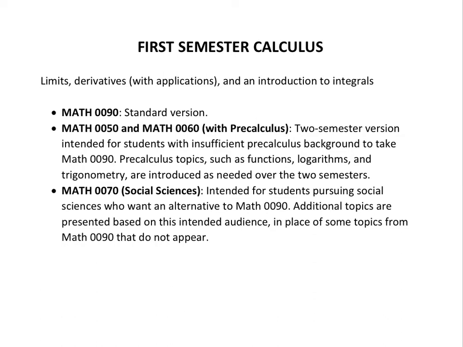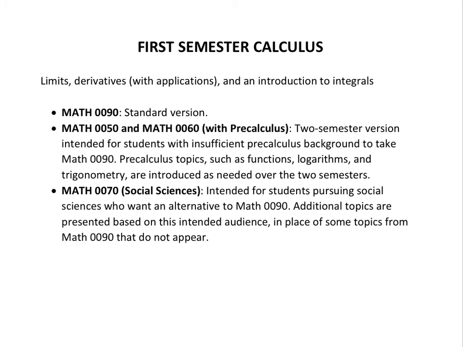Calculus 1 at Brown covers limits, derivatives with some applications, and an introduction to integrals and some applications of integrals. If you're familiar with the advanced placement system, it ends roughly where Calculus AB ends. Math 90 is the standard version that most students take, and it assumes you're fairly comfortable with pre-calculus, things like exponentials, logarithms, and trigonometry. If you're not comfortable with that material, you might consider Math 50 and 60. That's a two-semester course, which covers the same Calculus 1 material, but it introduces and reviews that pre-calculus material as